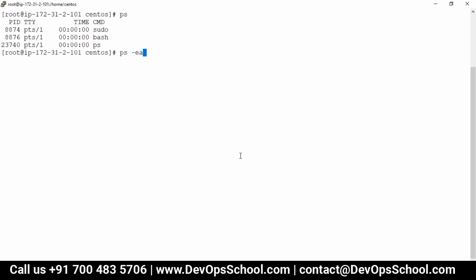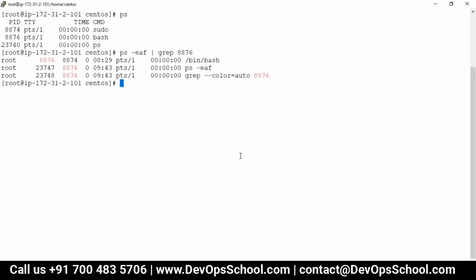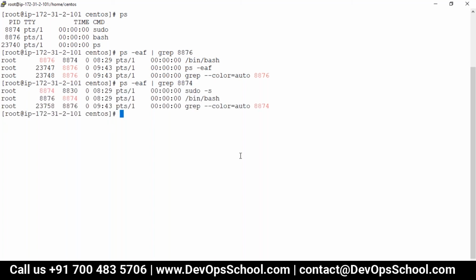So let's trace that PID, 8876. See, 8876 is a bash, and the parent of 8876 is 8874. Let's trace 8874. 8874 is sudo, and the parent of that process is 8830.